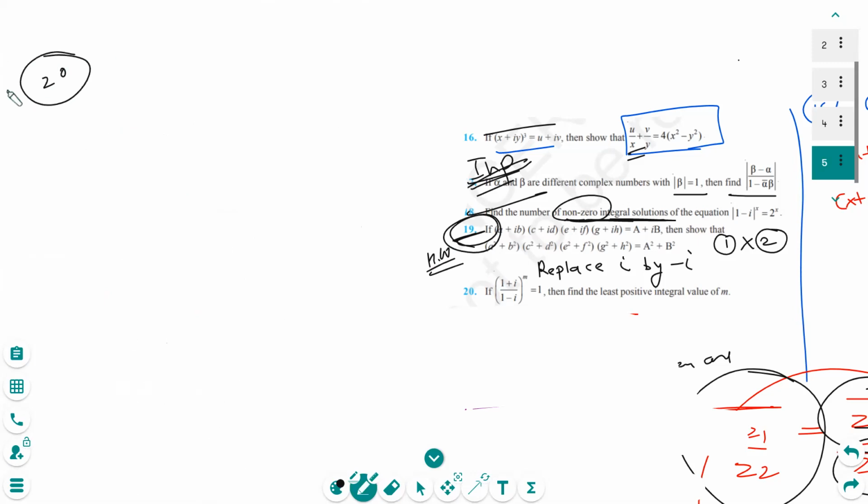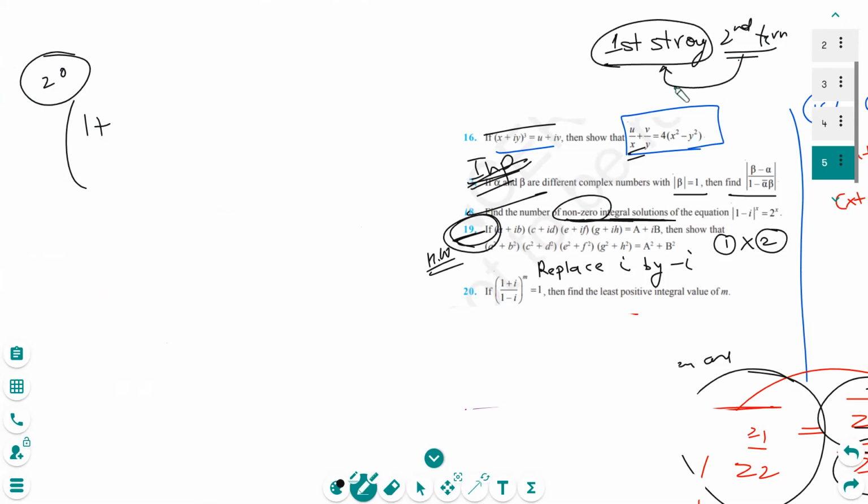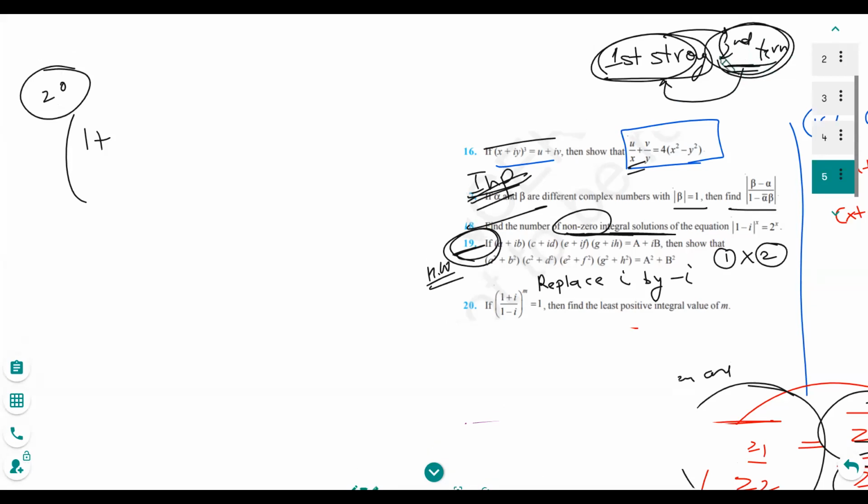Then Monday we'll have a complex number test, so be prepared for the complex number test. See, if your first term is strong, then only the second term will be better. It's not like they are linked, but if your first term is strong, you have better confidence, and even if there is some hesitation or weak points in the second term, you have your marks from your first term. That's a good idea. And right now you need this stuff because in the future, in the 12th class, you will need this. So let's go for this.